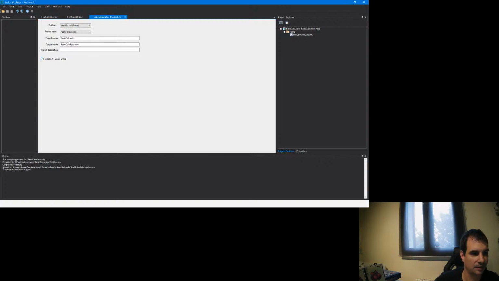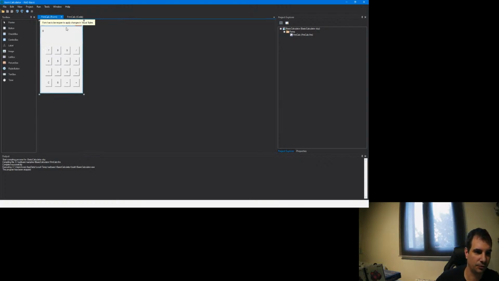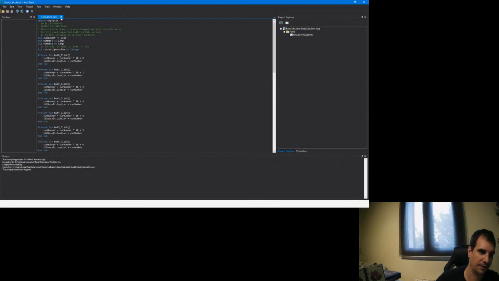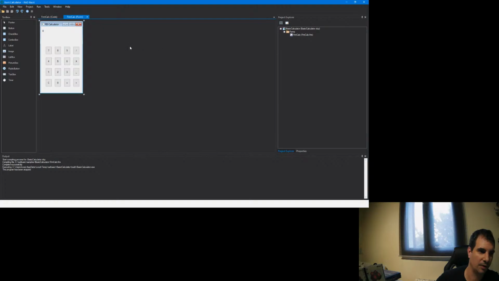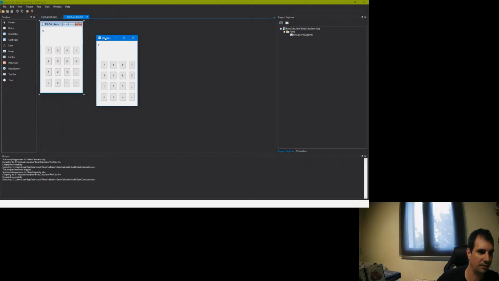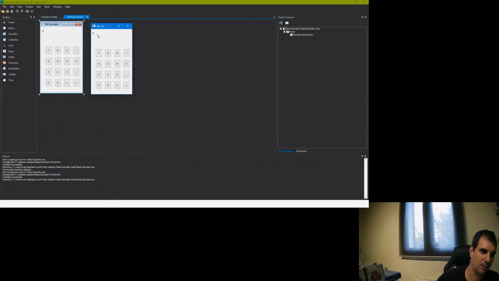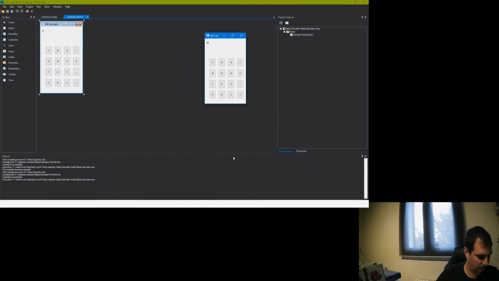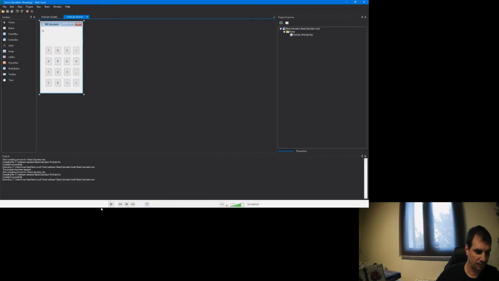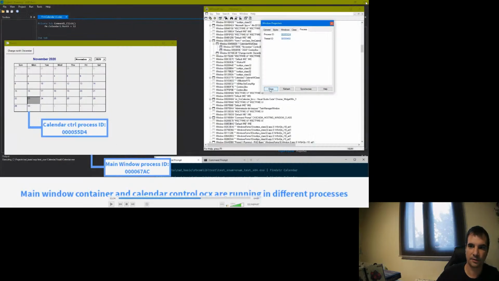Visual styles, let's introduce the styles from Windows XP, and the controls are rendered in the current theme. Okay, you can see these buttons are more elegant, and we have to build again. And if we run it another time, you can see that it is more appealing for the user. Is this okay?